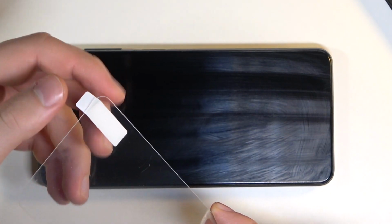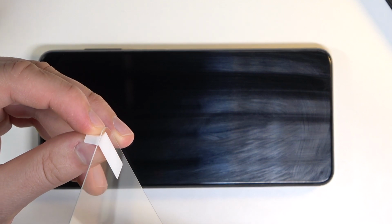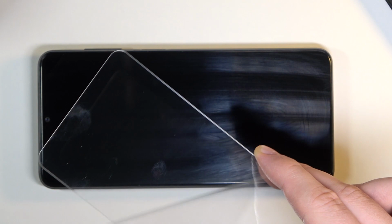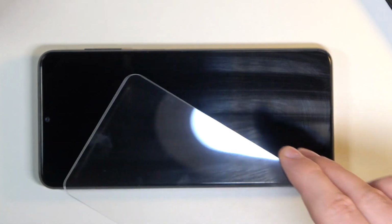If this sticker doesn't come with the foil, you have to put your nail on the edge of the tempered glass like that, and then it will be removed easily, right? It sometimes happens, you know, it's very cheap, so...